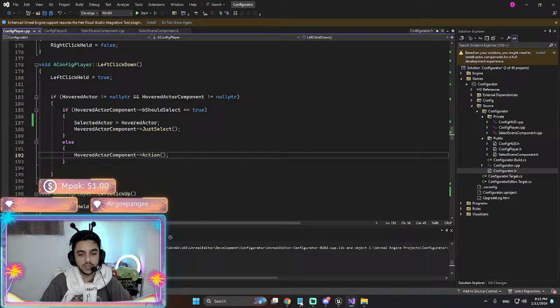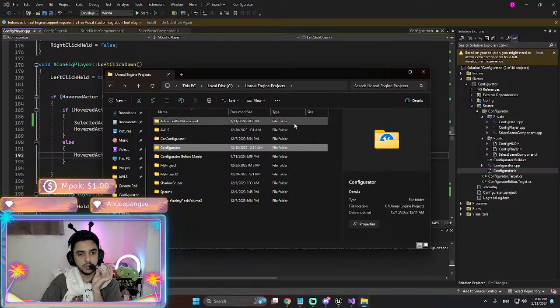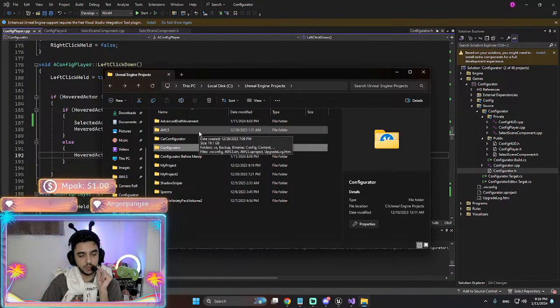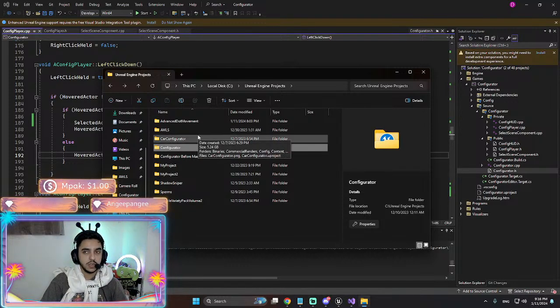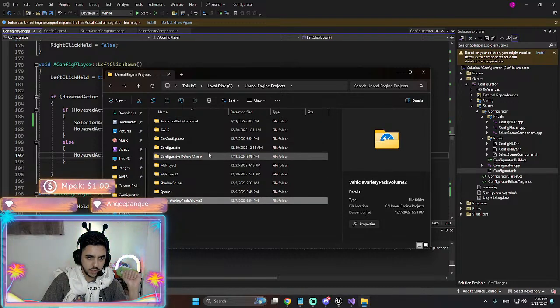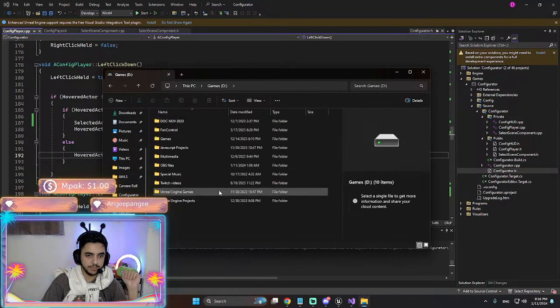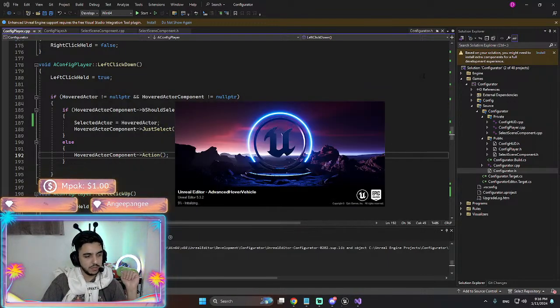Already. So yeah, frame rate independent. I'm gonna do it just like our other plugin that we made. I'm gonna make this one frame rate independent using a separate timer. That's it. So I'm gonna find my code first. That's the first thing we have to do. Yep, advanced hover vehicle.